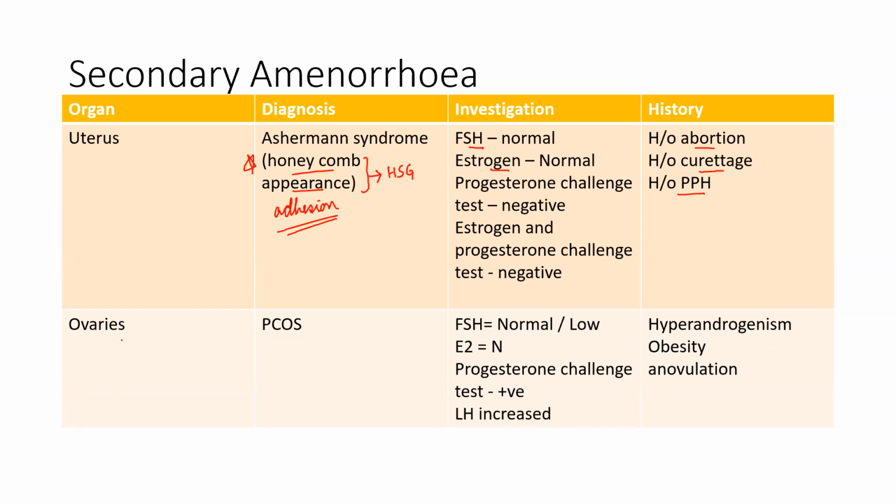I'm going to the ovaries. Talking about ovaries, the main diagnosis that can lead to secondary amenorrhea is PCOS. PCOS is nothing but polycystic ovarian syndrome. The other name for PCOS is Stein-Leventhal syndrome. These were the 2 people who said that anovulation, hyperandrogenism, as well as polycystic ovaries,